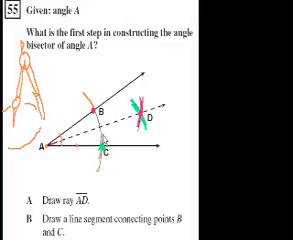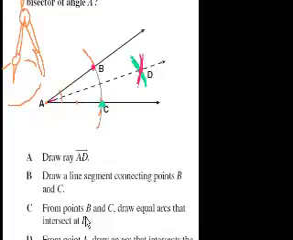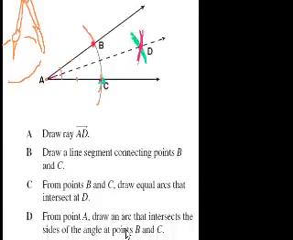I mean, even what they have drawn, that's an arc. It's not a line. From points B and C, draw equal arcs that intersect at D. That was the second step. I mean, you have to have points B and C before you can draw those equal arcs. From point A, draw an arc that intersects the side of the angle at points B and C. Yeah, that's what we said. That was the first step. Put your pivot here and use your pencil to draw this arc, and you say, okay, this point and this point. So that would be the first step,